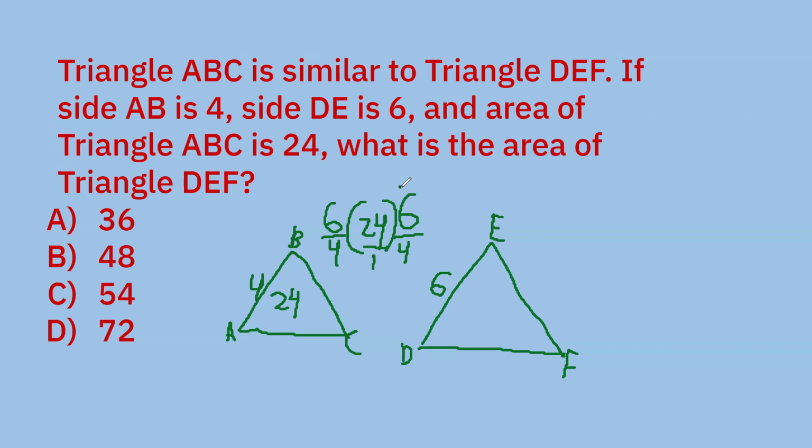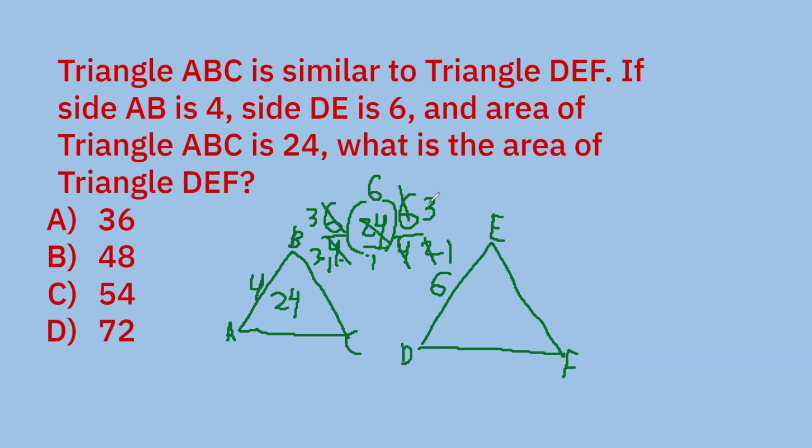So each 6/4 becomes 3/2, right? So 3/2, 3/2. And now the 2's cancel partly with the 24. So they become 1. And this one becomes 1. And 24 divided by 2 is 12. And divided by 2 again is 6. So we have